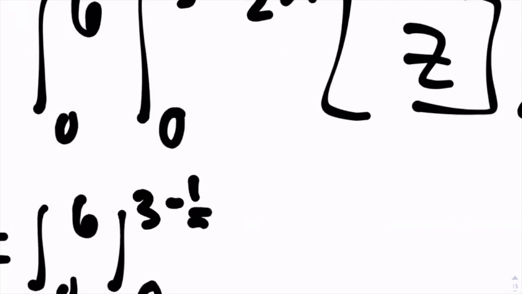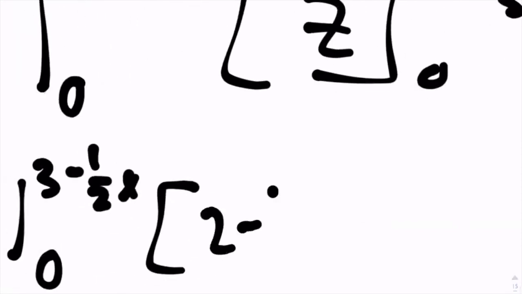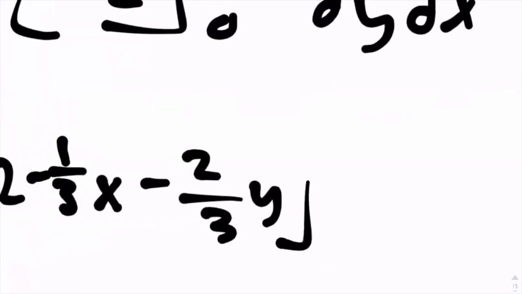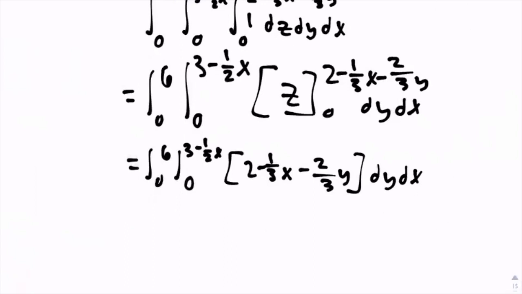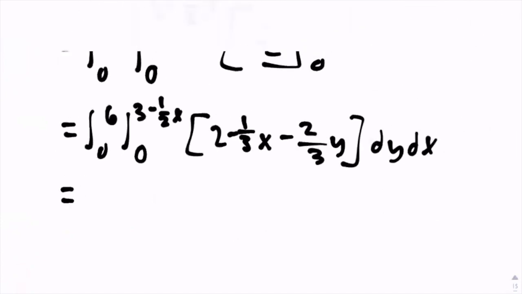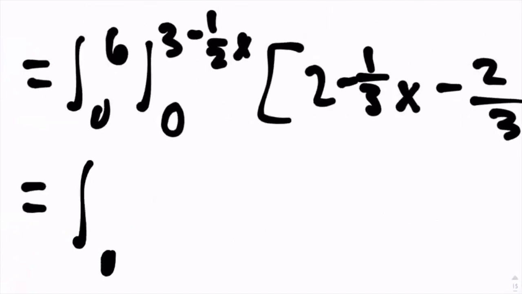3 minus 1/2 x, 2 minus 1/3 x, minus 2/3 y dy dx. Now, the next thing we have to integrate with respect to is the y component. And to do that, we're going to go 0 to 6,